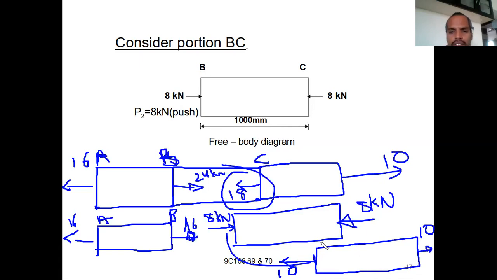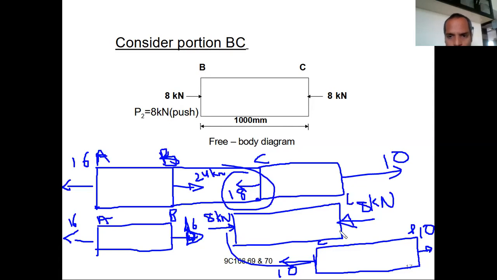Right? So CD is subjected to how much? 10 kilonewtons tension. This is subjected to 8 kilonewtons. Whether all are matching or not, just confirm it. So 16, 16 matching, right? Here it is 24. 16, which direction? This direction. 16 and 8 also this direction. 16 plus 8, 24. Is it okay? Matching? Right. Next come to part C.